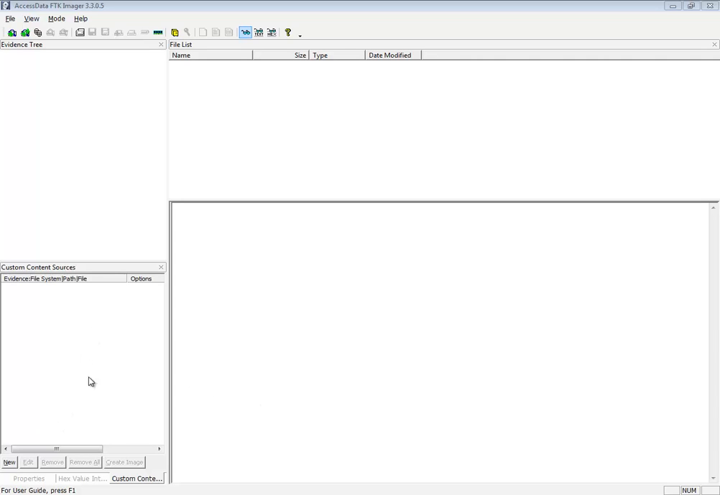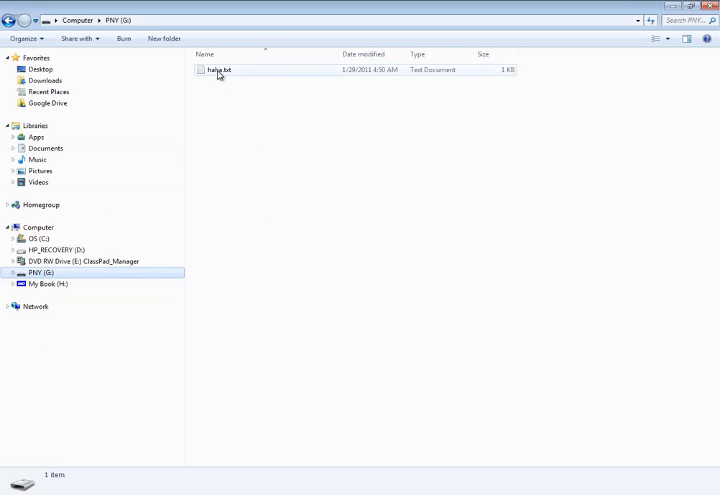Let's take a look at acquiring some data. I got a flash drive that appears to have just one file on it, and it's 512 M, so 512 megabyte. So not a huge flash drive, and